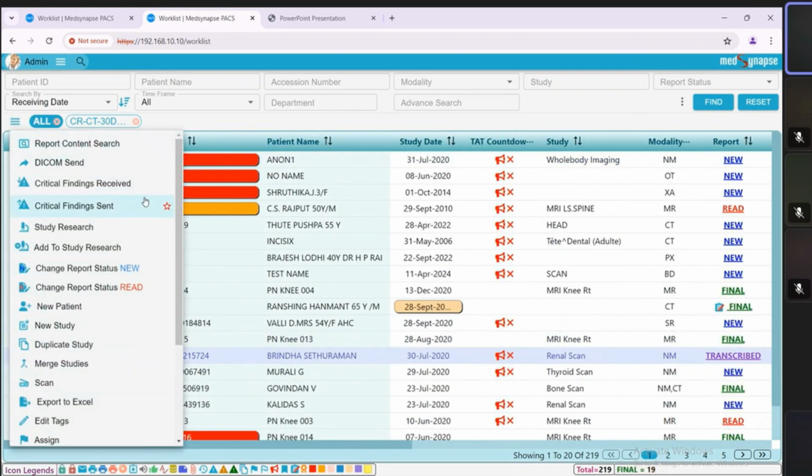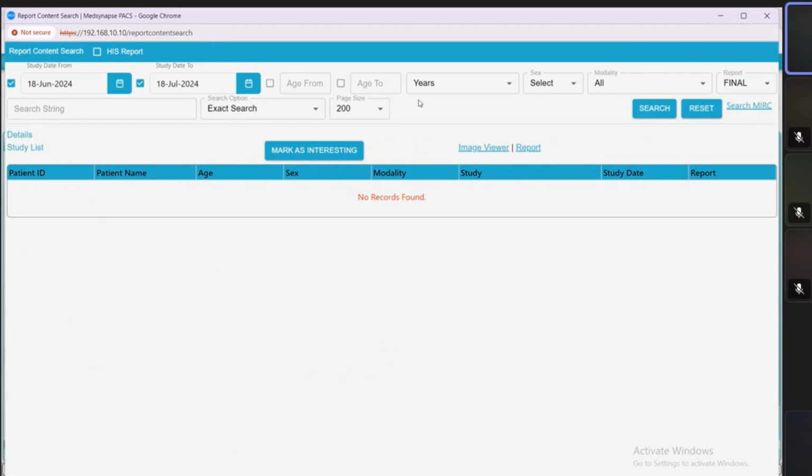Then we have report content search. Let's say you have reported thousands or millions of reports, and you want to search all the cases which were reported with, let's say, COVID positive. So you can just go to here. You can find whatever is your query string, and you can find all the studies with that particular keyword,